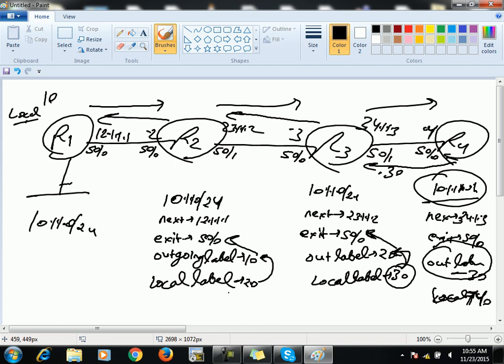Along with that, with MPLS you can also implement layer 2 VPNs. Previously we were implementing Q in Q tunnels, right? Nowadays Q in Q tunnel is not popular, we do not implement it. The reason is that Q in Q tunnel is something like a layer 2 VPN, but in that, metro VLANs were required, and for each customer it was mandatory for the service provider to use a dedicated VLAN. That was the biggest disadvantage of Q in Q tunnel.